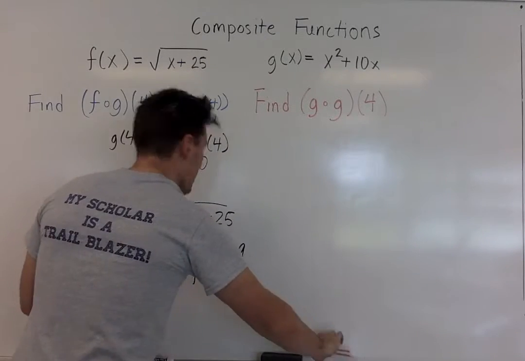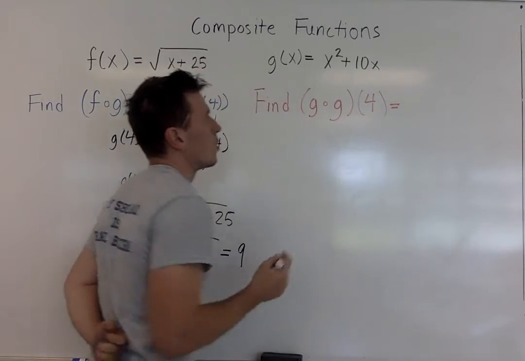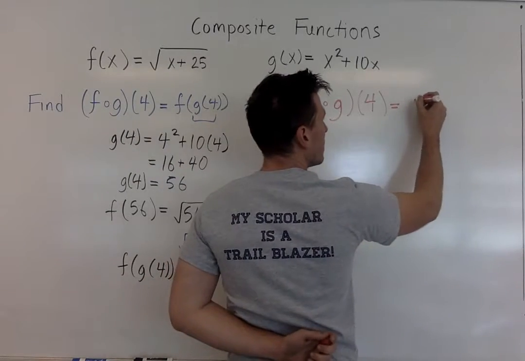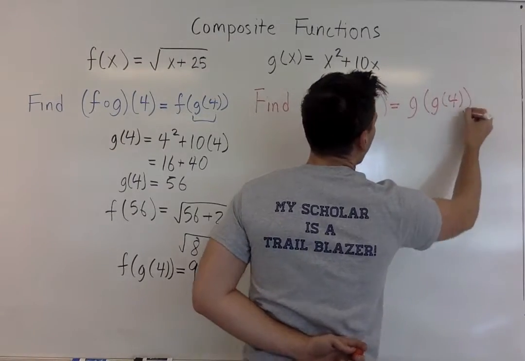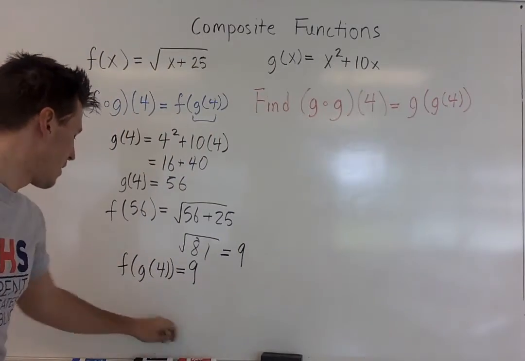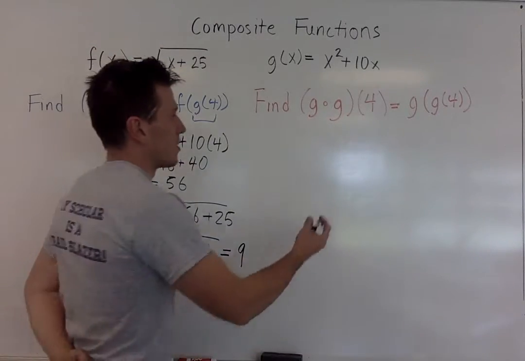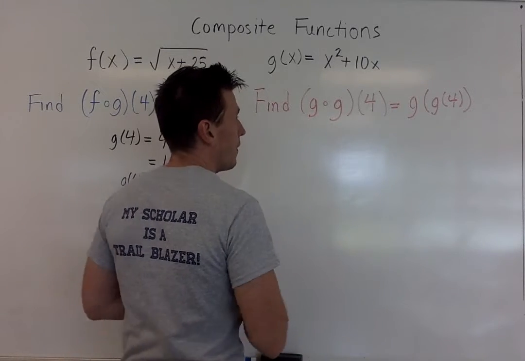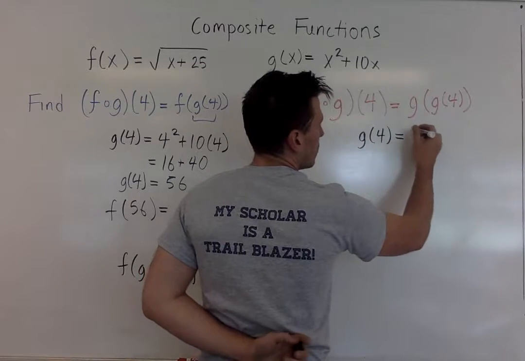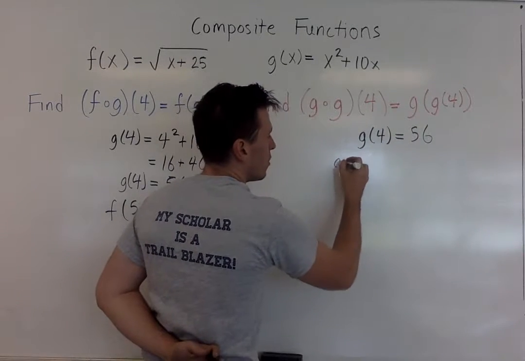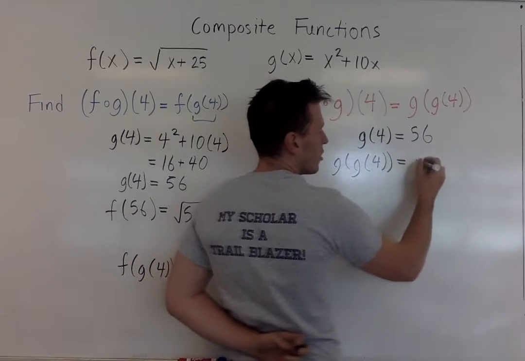The other thing worth noting is that you can also compose a function with itself. So g of g of 4 just means take g of whatever g of 4 is. Well, luckily for us, I already know that g of 4 is 56. I just did that work. So let me save some time and remind myself that g of 4 is equal to 56. So g of g of 4 is just g of